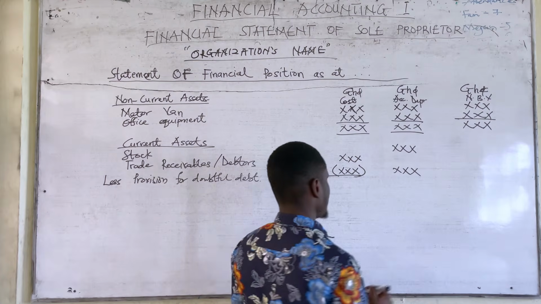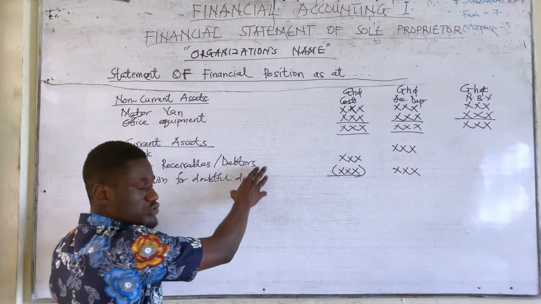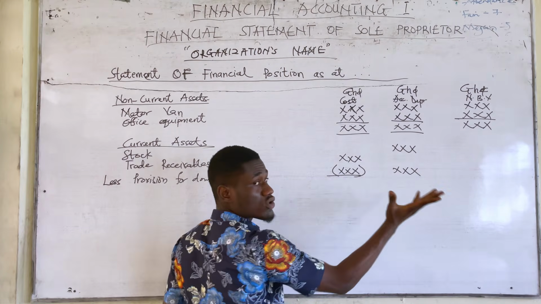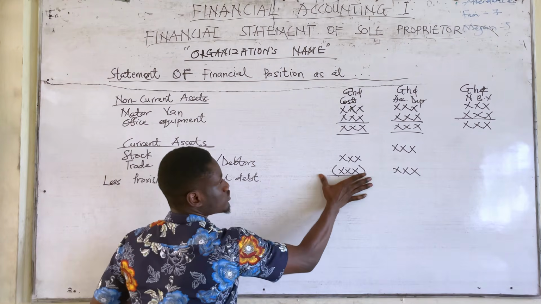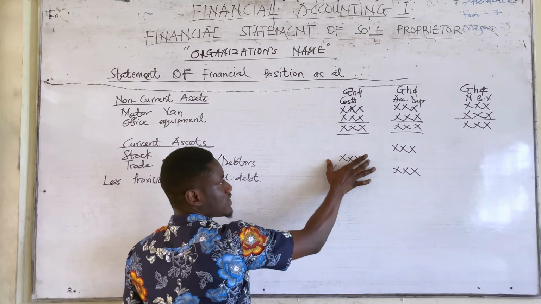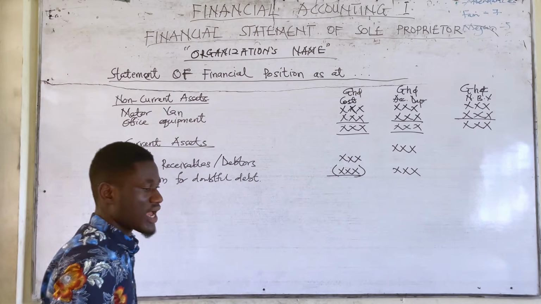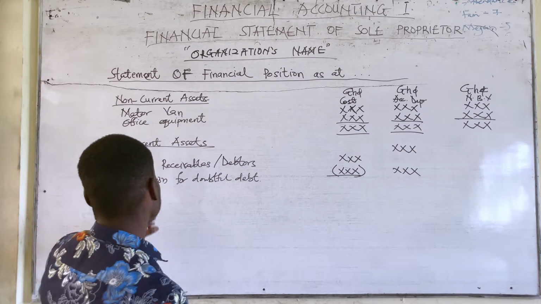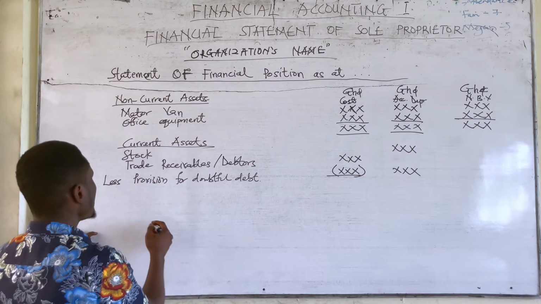Okay, good. That is if there was provision for doubtful debt. If there was none, you just show this one here and continue. You get it. If there was no provision for doubtful debt, this will be here. Then we'll be continuing our normal system. Good. So after this, if there was any